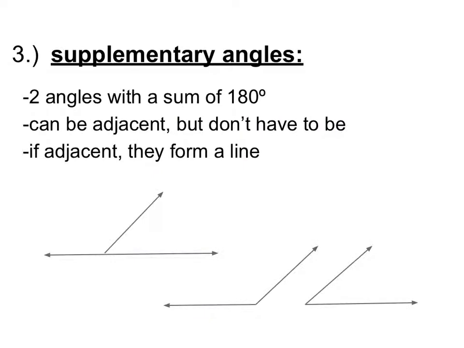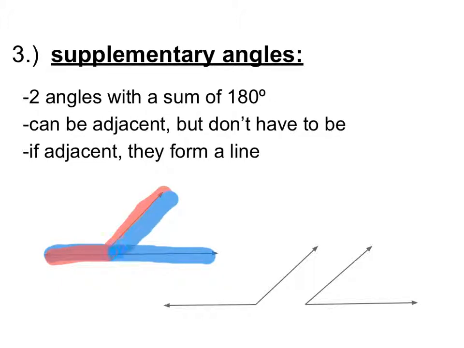Okay, the next kind of angles are supplementary angles. They're two angles with a sum of 180. They can be adjacent, but they don't have to be. But if they're adjacent, they form a line. And that's why we talk about them equaling 180, because those outer sides of the angles form a straight line, which has a measure of 180. So if I were to put some letters on this, we're looking at angle, actually let me just trace over them. We're looking at this red angle,